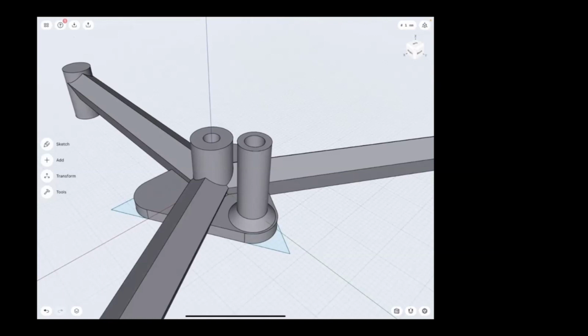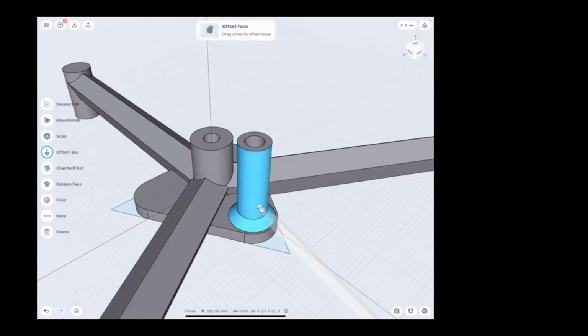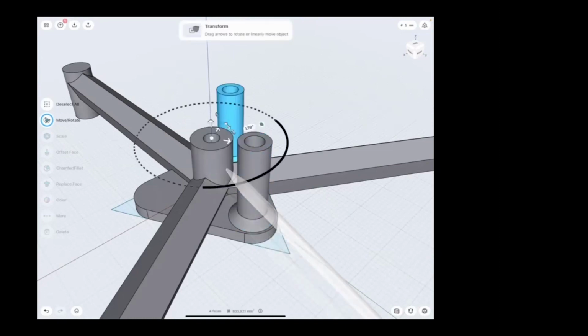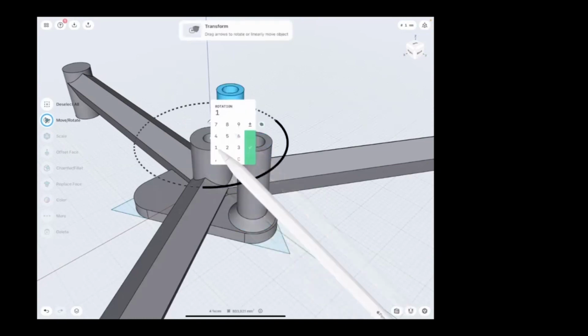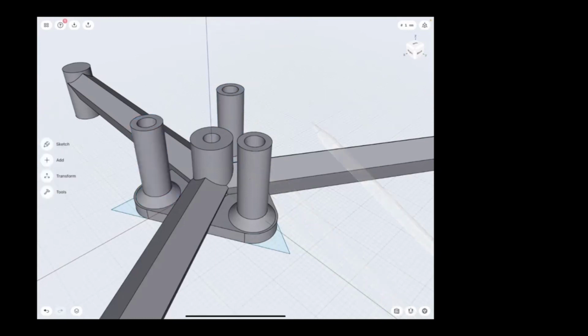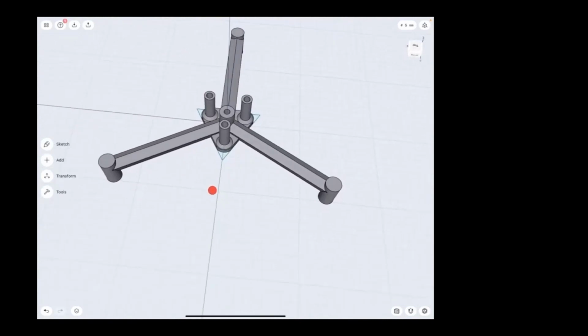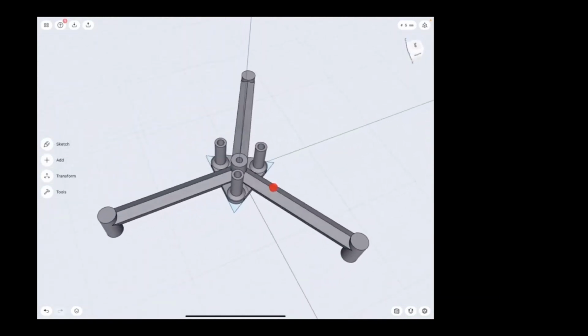body. As you can see on the left side, based on my selection, the toolbar changes a lot. In this case, I'm gonna select the faces of this screw dome one by one. And there you can see that the toolbar changes, and I will select the Move Rotate tool, move the pivot point to the center of the coordinate system, and array it by 120 degrees, and array the body once again by 120 degrees. There I have all the 3 screw domes that I was looking for, and I can move